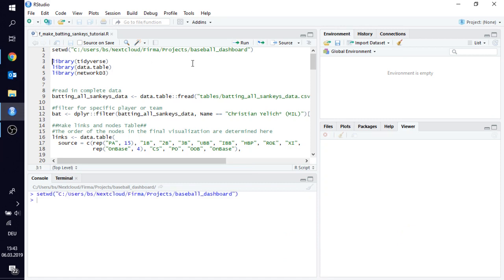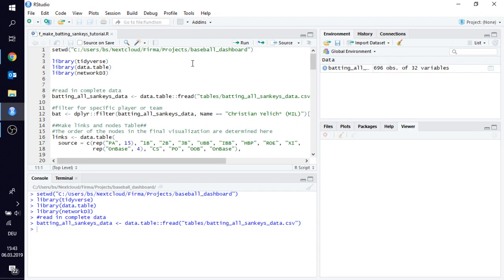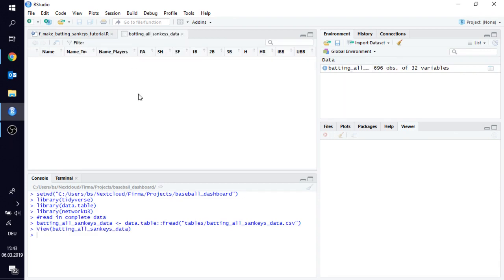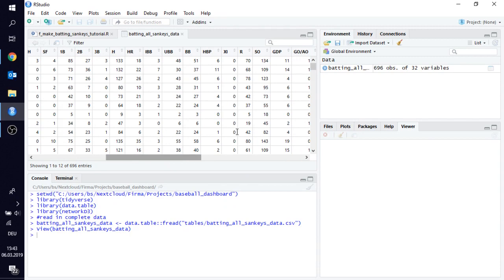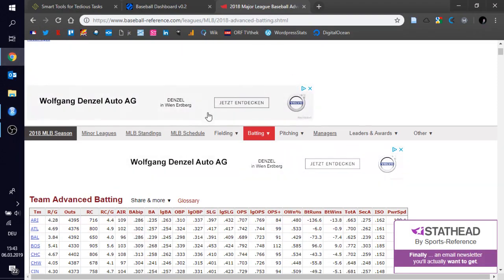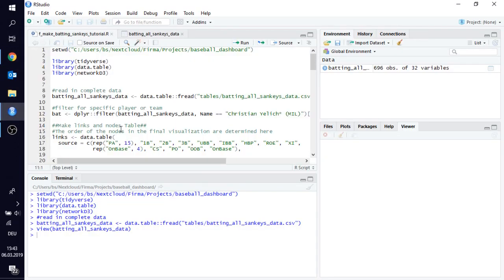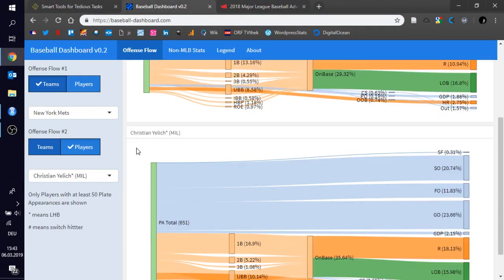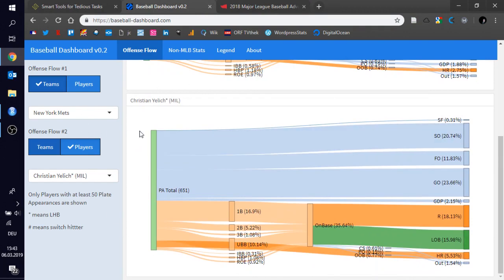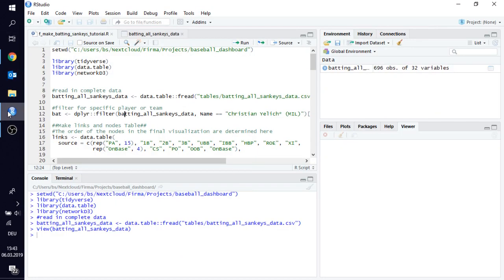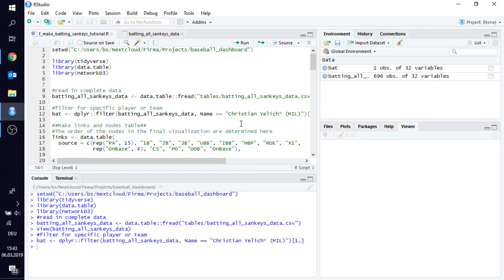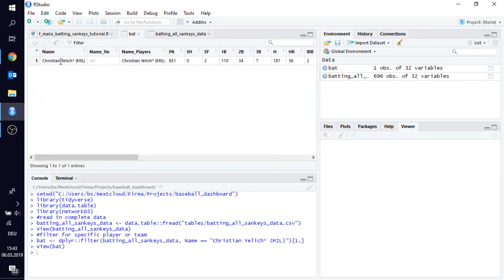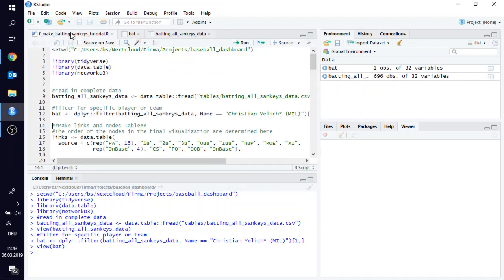To get started, we set our working directory. We load the packages we need, and here I read in the data that we need to construct the Sankey diagram. That's basically a wrangled version of all these tables here. Here we will just focus on Christian Yelich. That's the Sankey diagram of Christian Yelich here. So I have to filter it out here. If we go here, we can see we now have a data frame with just one row,